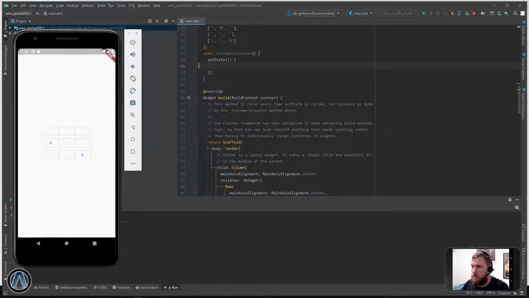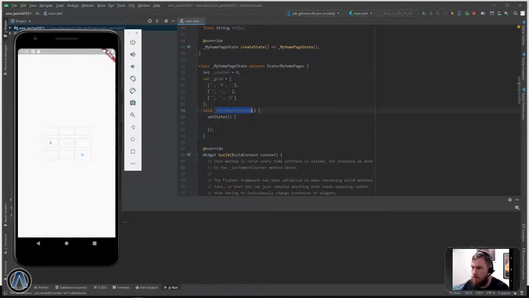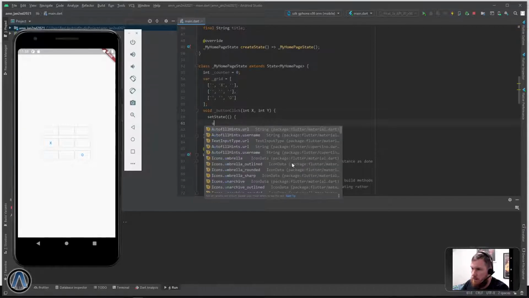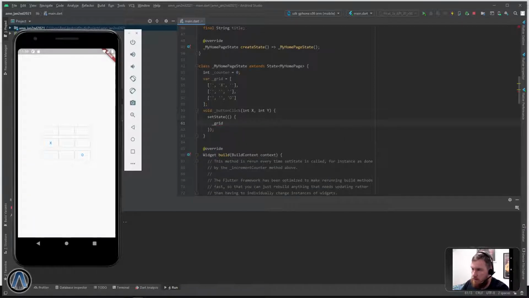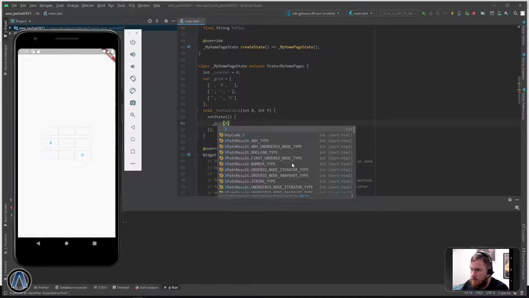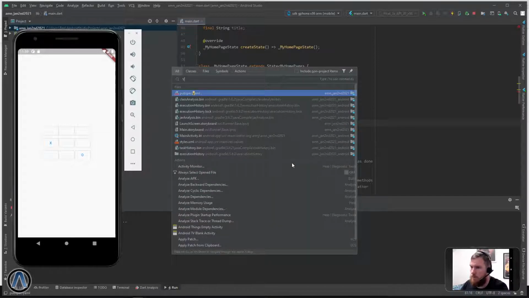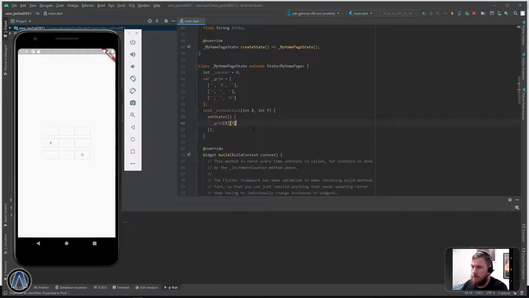And we don't actually need this function here anymore, but we can, okay, so we want to update the grid to say grid x, y, oh, equals